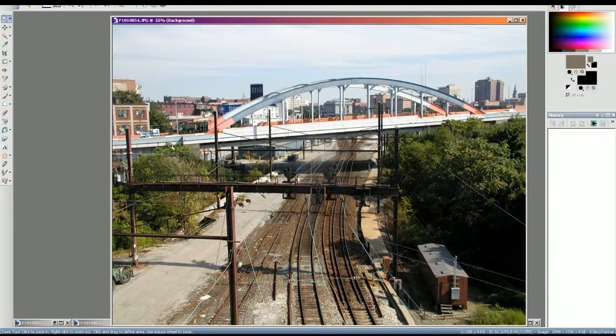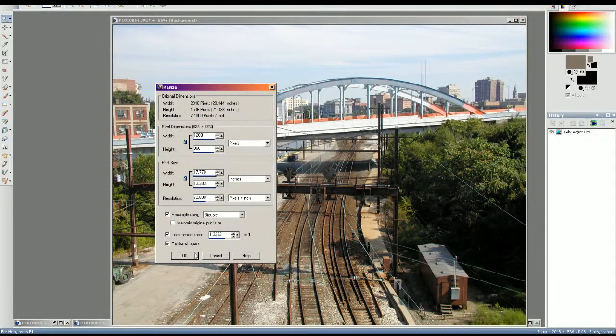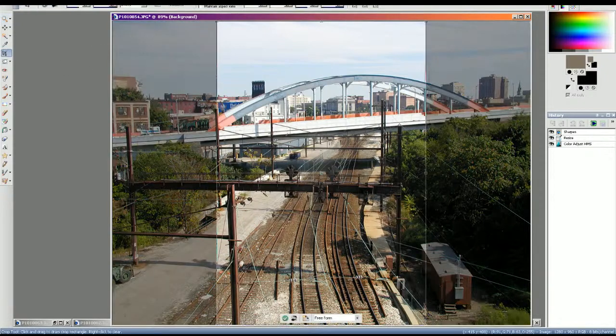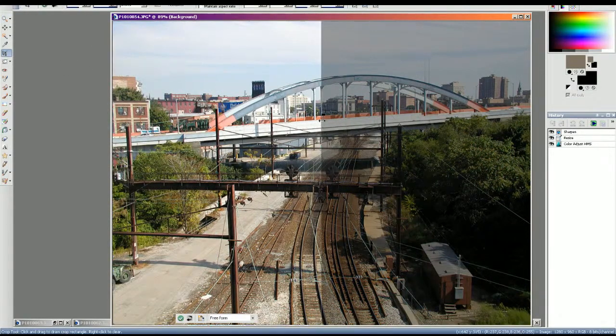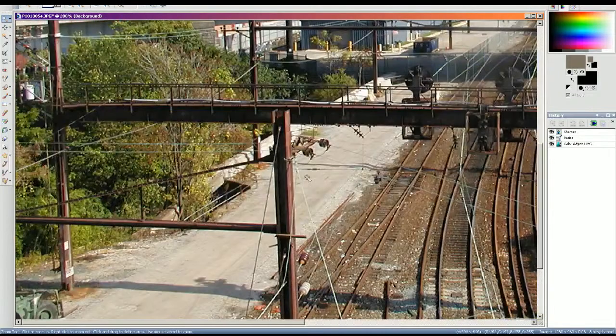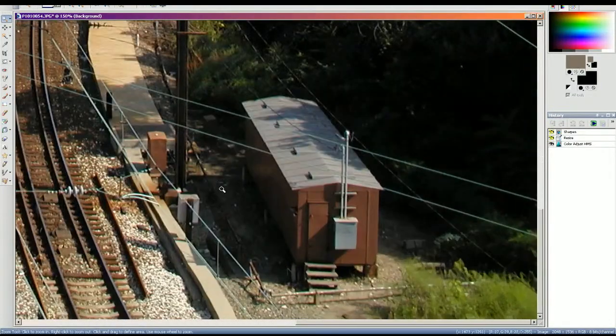Oh, here we have the actual Charles interlocking right there. It's not the new Charles, it's just Charles interlocking. It used to be B&P Junction. Amtrak does have a thing for naming its interlockings after streets. Sometimes they don't, but it's pretty common. I'm going to cut a little bit. So also note at this point, Charles is an electric interlocking, but even to this day, you can still see